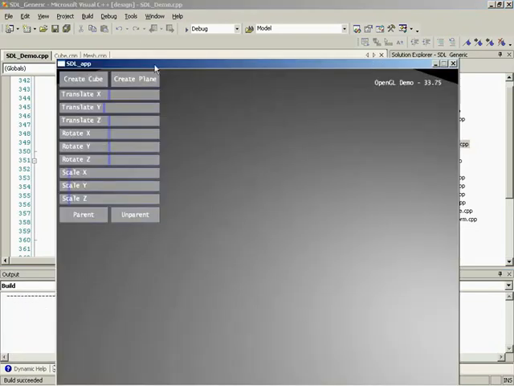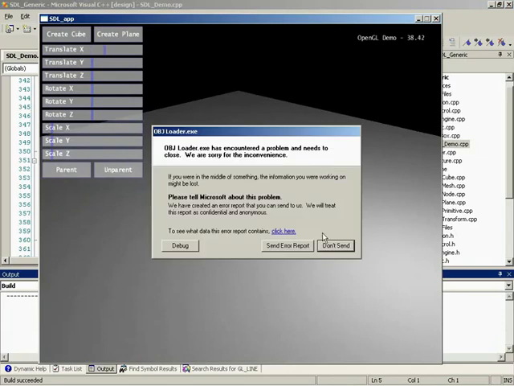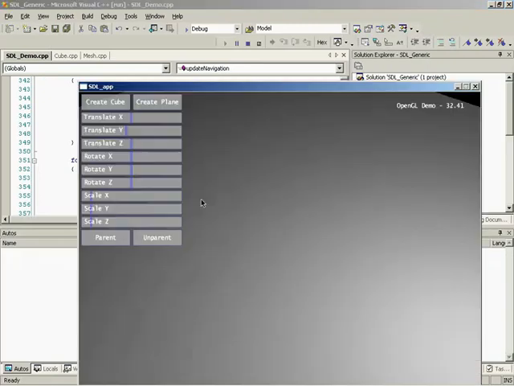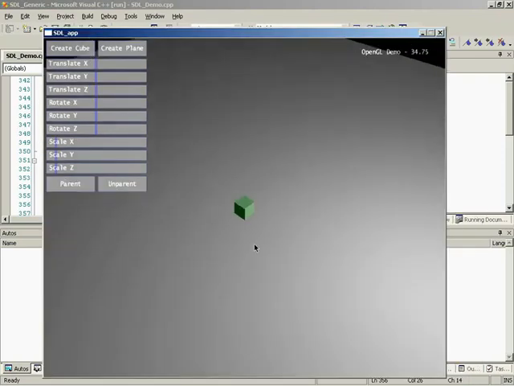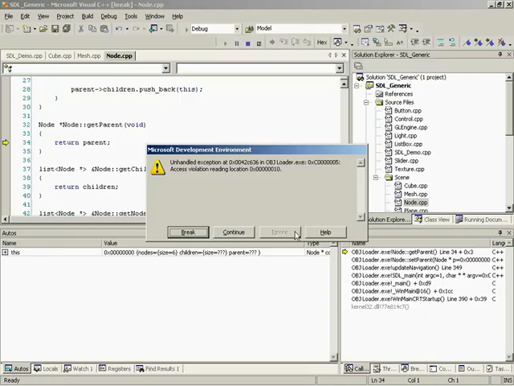So if I compile this and run it, let me create a cube, move it around a little bit, and let me create another cube. So let's select this item, press delete. Ooh, we have a simple problem. So let me go ahead and do an F5 on this and see what exactly is causing my problem here. Let me create a cube, create another cube, move it over. So if I press the delete button at this point,